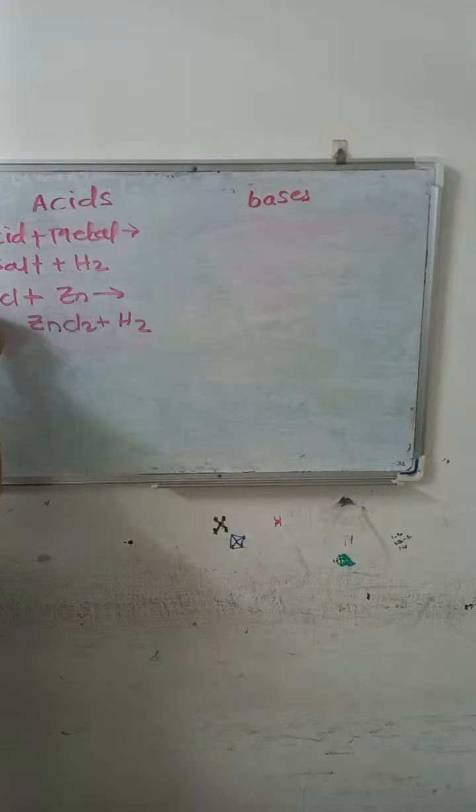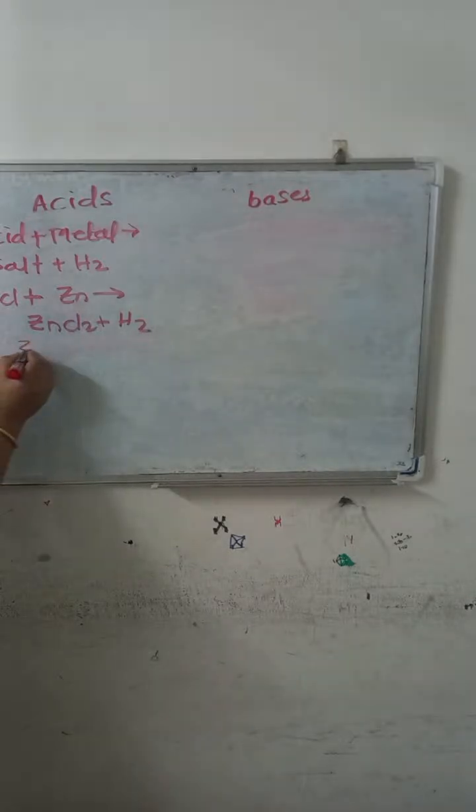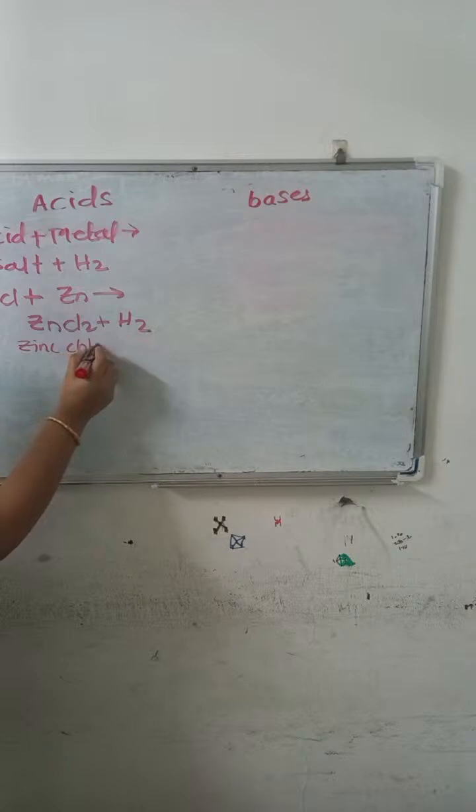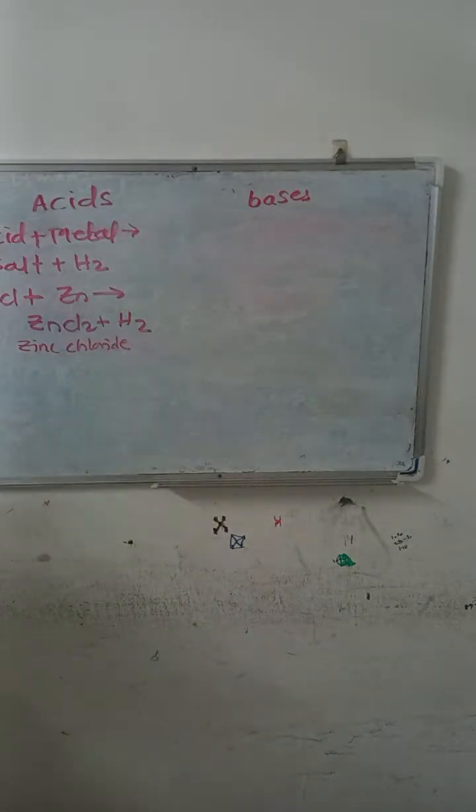So here H2 is there, then balance this as 2HCl. So here hydrogen are 2, chlorine are also 2. Okay, this is ZnCl2. We will get zinc chloride over here. If you know, you can write the name zinc chloride. Okay, so whenever the bases act with the